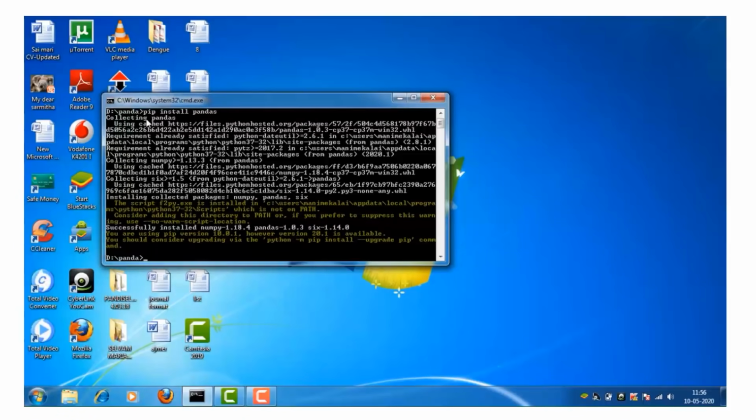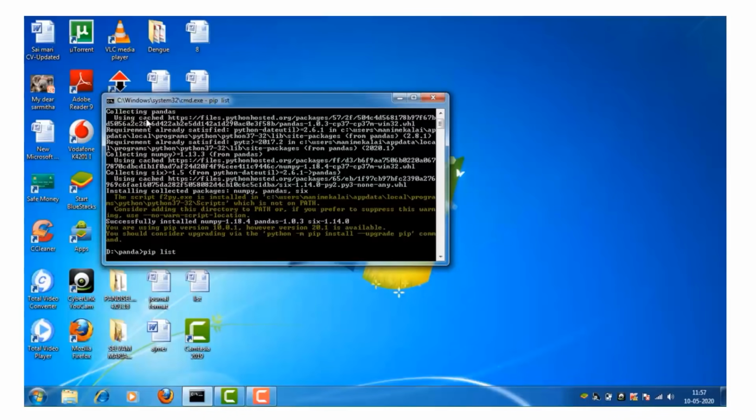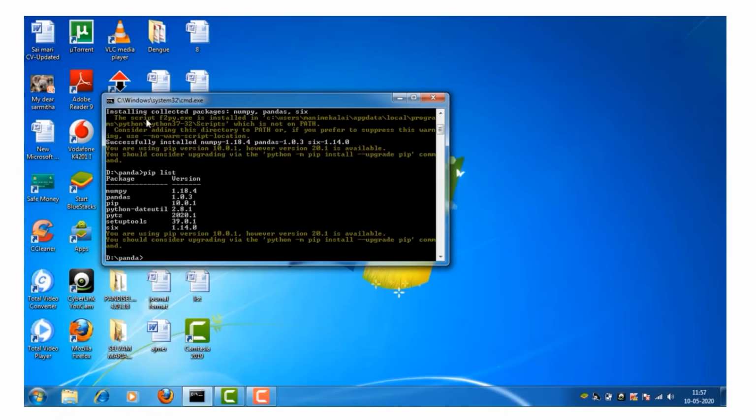Now Python is installed with pandas. If you want to get the summary of installed packages, we have to use pip list. In the summary, we have the NumPy and pandas packages with their versions.